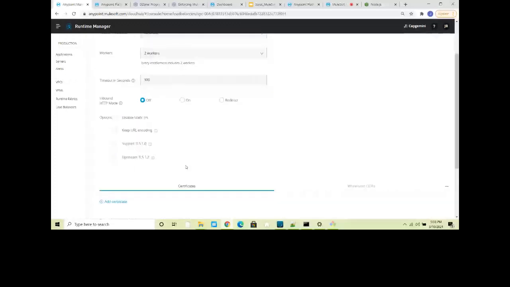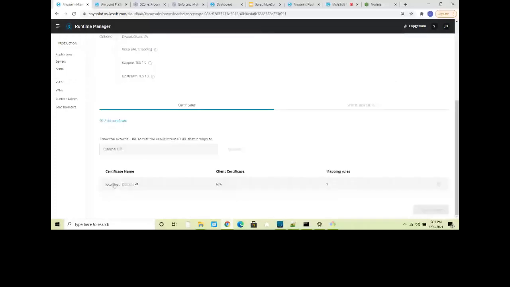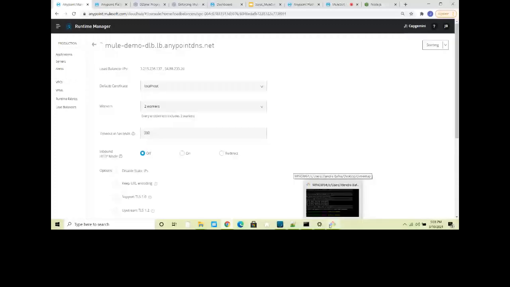We have passed HTTP inbound mode equal to off. You can see it's selected off, and we have passed the certificates. Everything is there basically. So you can see that is how we can set up an Anypoint VPC and dedicated load balancer very easily with your Anypoint CLI. Here we have developed a simple script. You can parameterize everything if you want, like the load balancer name, those things can be parameters. You can do that also. So right now we have created a simple script. Okay, any question before I move into the next demo?